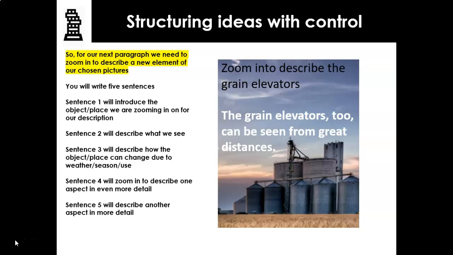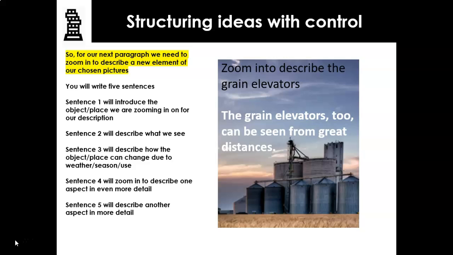So remember, guys, listen, each of these ideas is only a sentence. We're just getting you to look at these images, to think about a couple of sentences at most, all right? So we have our sentence. The grain elevators too can be seen from great distances. Metal cylindrical giants that stand tall on the landscape. However, before harvesting begins, they are silent, dormant, and asleep. After harvest, they awaken, and the sounds of the churning machines can be heard all night.